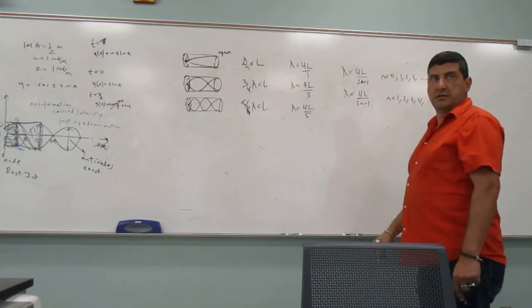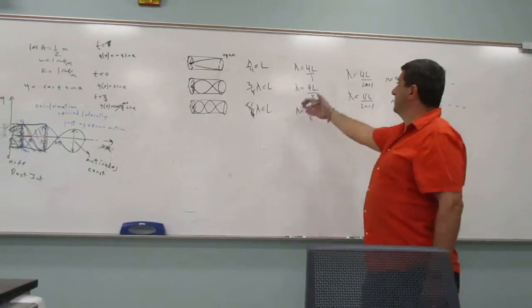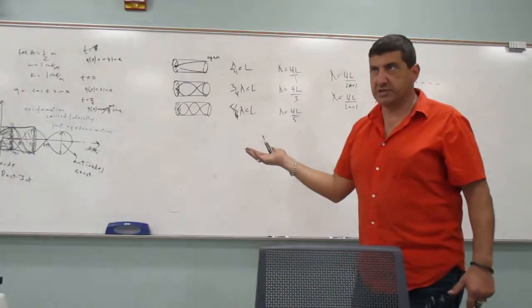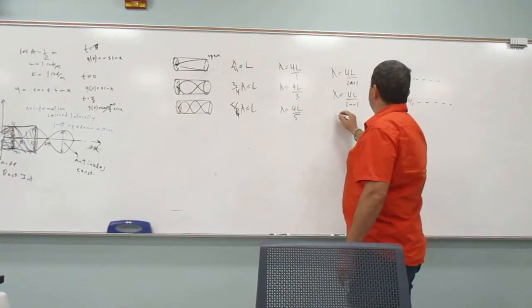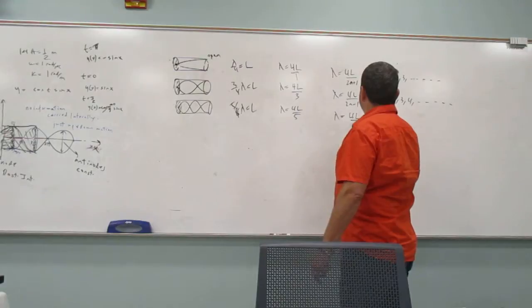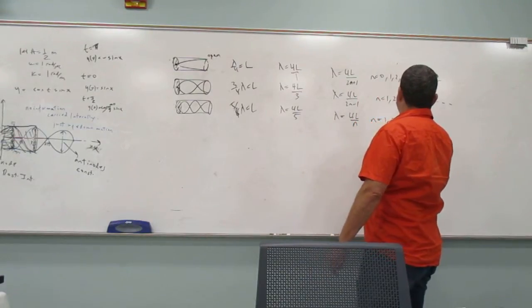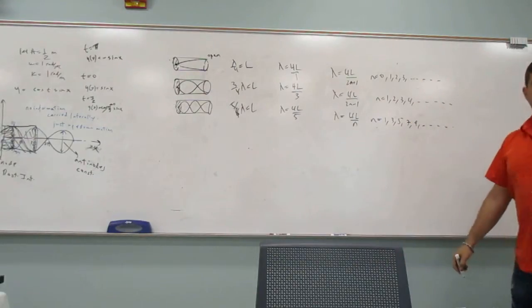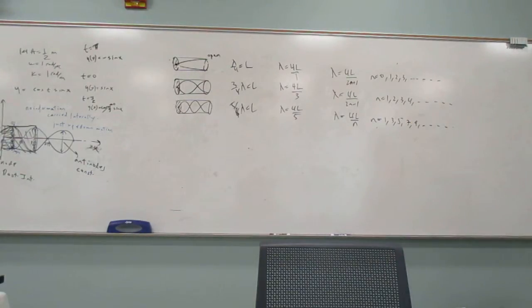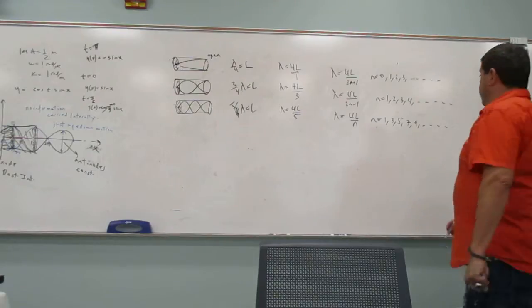Any pattern that could mimic what you're seeing here could work. Or you could do lambda is 4L over n, where n is 1, 3, 5, 7, 9. The one that we use for this is this one,